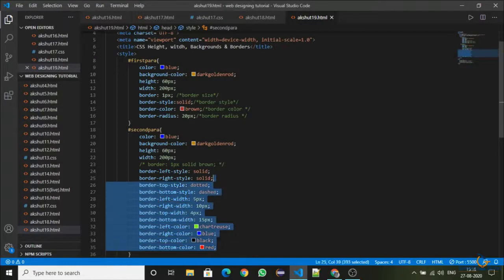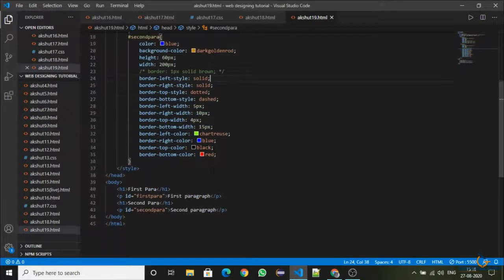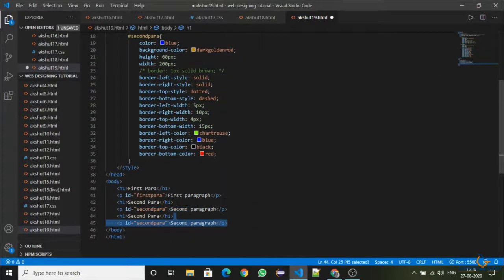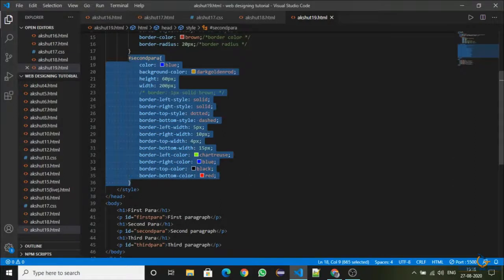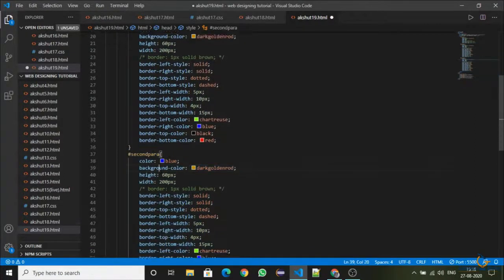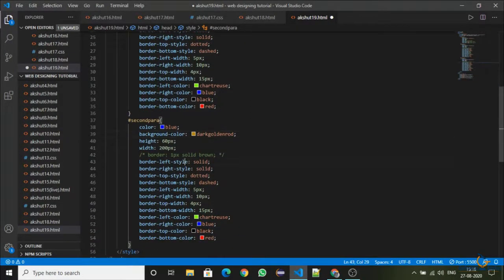Now I have another thing to tell you. I will make another third para. So you are using these jumbled up properties so many times. This is making your code longer. So to decrease the code, I will just